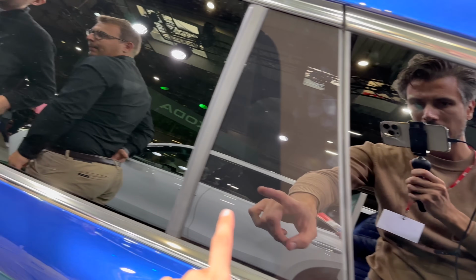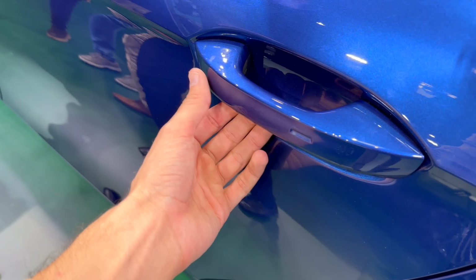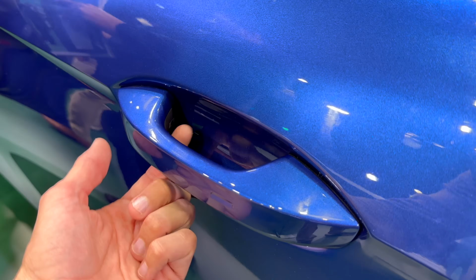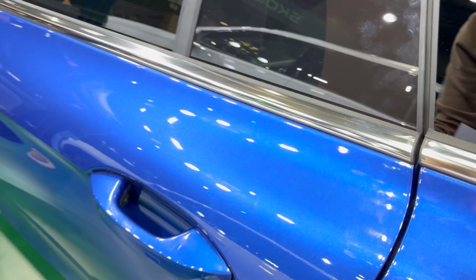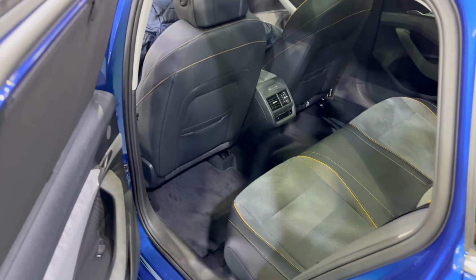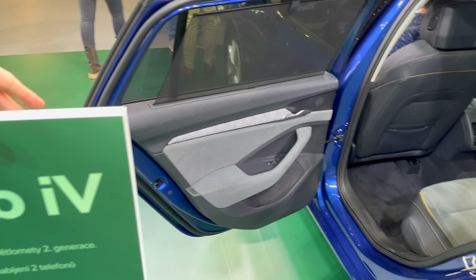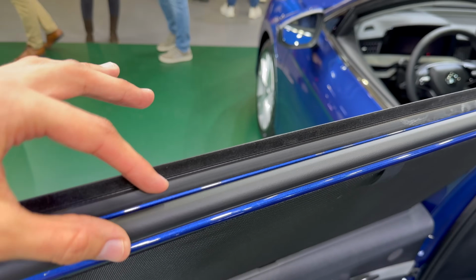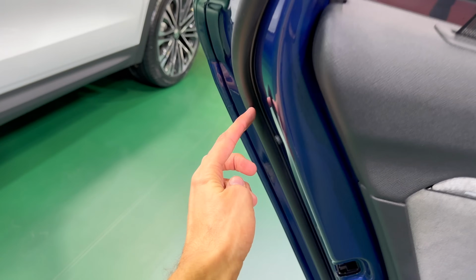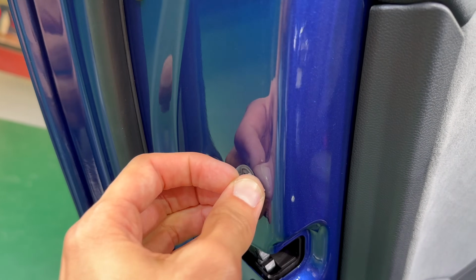I noticed this is black, but this is gray. Not sure what's going on here. Now we have the keyless entry door handles. These are standard. You have the little lights inside. They're currently off. So closing sound is, I would say, standard for the Škoda. The doors open nice and wide. We have this here, so a little space limited. We have double sealing here. Seals going around, and if you remove this one, you can push here to lock